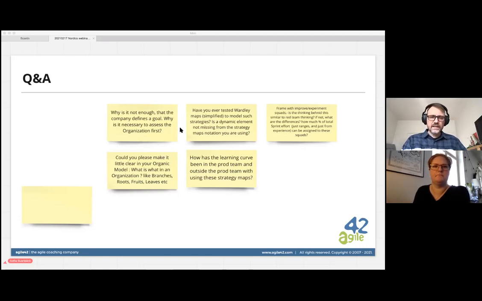Could you please make it a little clearer in your organic model what is what in the organization, like branches, roots, fruits, and leaves, etc.? Eats, shoots, and leaves. Was it so? The old joke. Anyway, I want to make clear this is a metaphor or a paradigm, right? So it's not possible to say this is the root, this is the leaf. It's more like the general concept of having a,